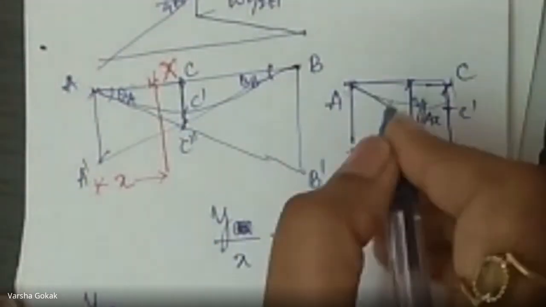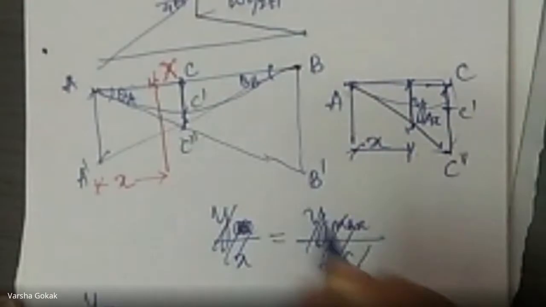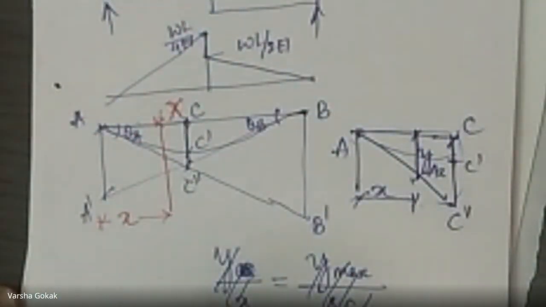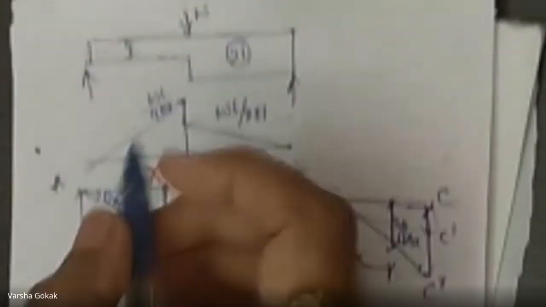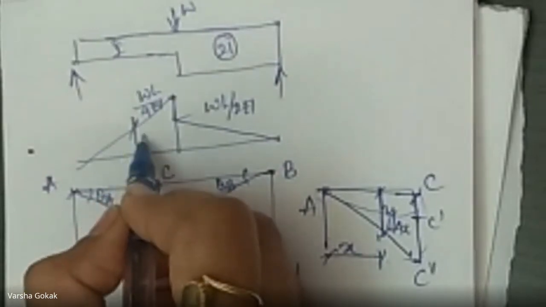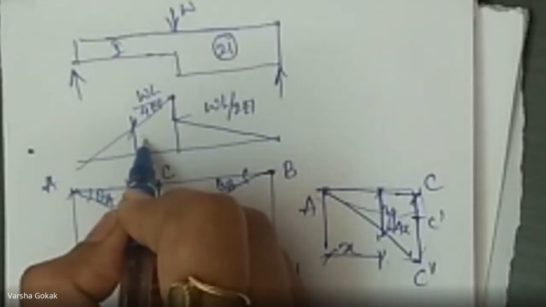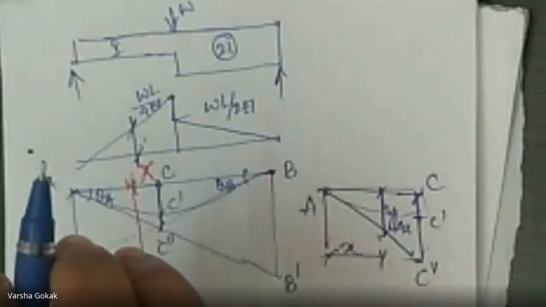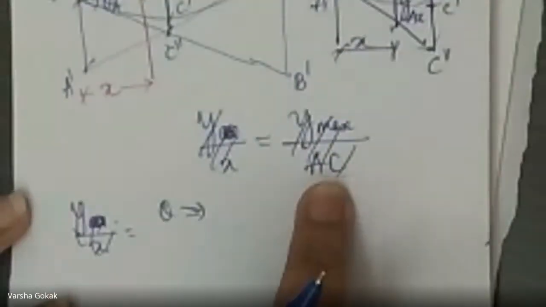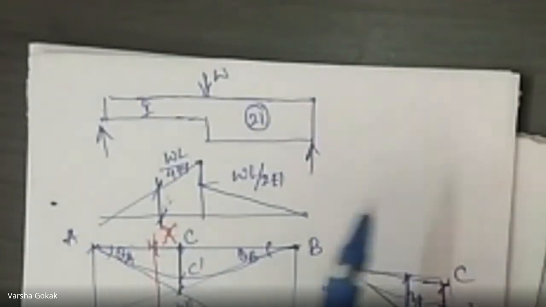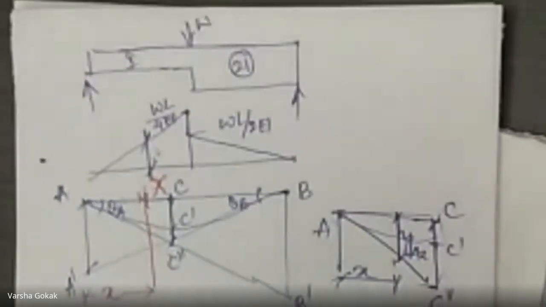Or okay, if there is one more method, you can take the bending moment diagram, because then from there you can get theta also, right? So if I want to take the bending moment diagram from here at a distance x, it means this. So I can also make use of this, okay? We can also make use of this and calculate for theta A, either of the two cases. So either I will go with deflection or I can go with theta, of your choice, right? Say if I'm going ahead with deflection, then I'll have to use the deflection formula. What is the deflection formula?